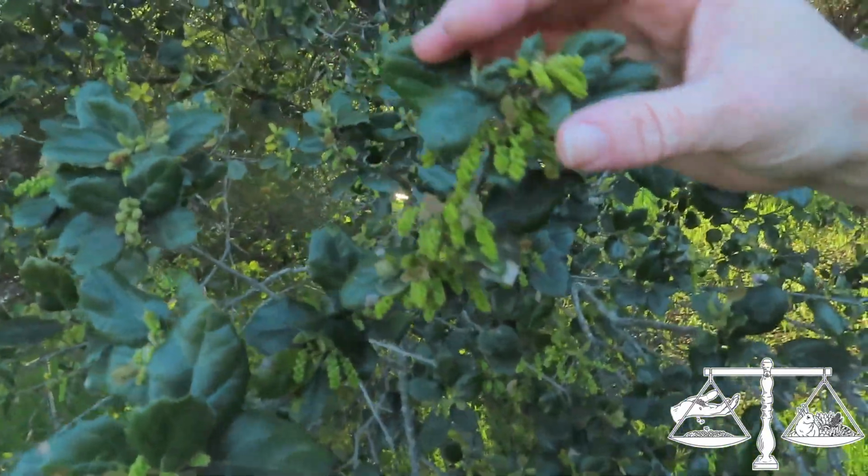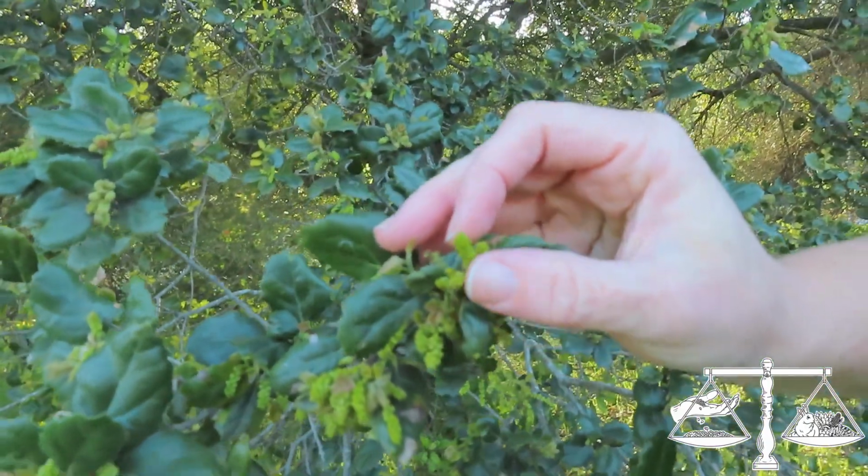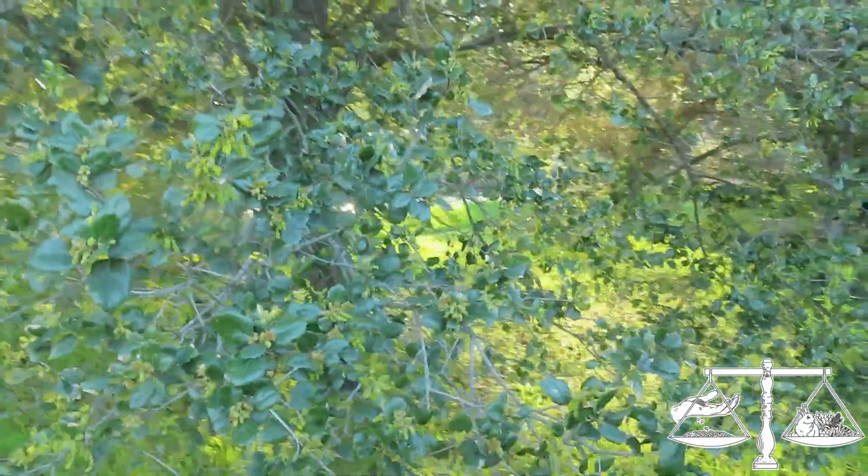So this is interesting. This is the male. So we have the catkins for the coast live oak, and that will help make some acorns on this tree. There you go. I was back up on the trail for a while. Now we're going down there because I see something. I see something that's not edible right now. Well, kind of is. So this right here,